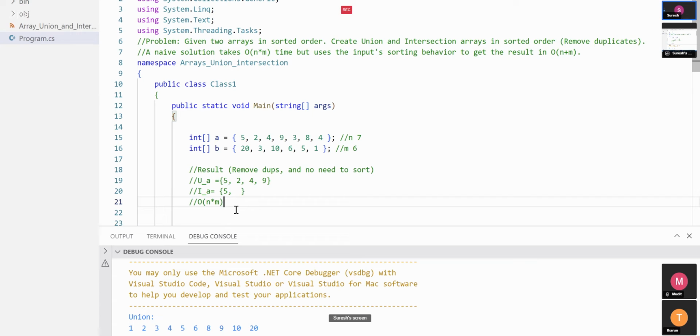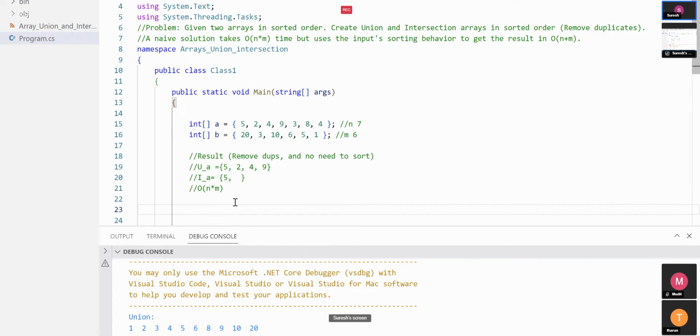Now I just said before there is one more solution to solve this problem, because you are unnecessarily taking one element and navigating all the numbers. Actually, it's not unnecessary, it's necessary, because you need to know whether the particular number is there or not. There is no way, in order to put it in the intersection array, you need to scan the elements, isn't it? So what we can do is, another solution: